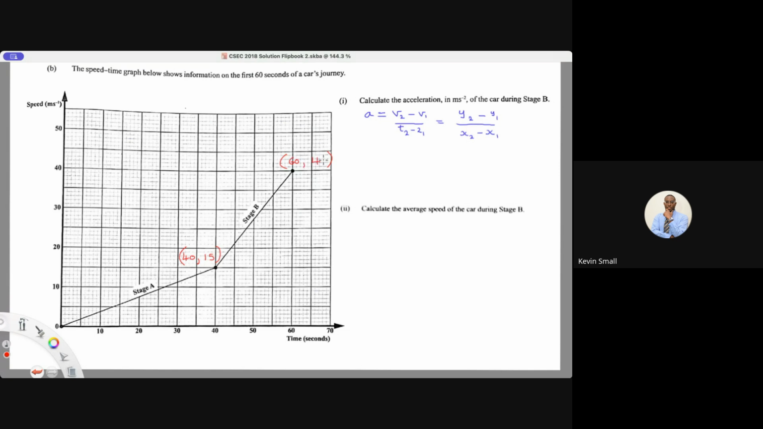60, 40. Now, of course, we find the gradient of this. This is the acceleration. So you just plug in the values. Y2 is the 40. Remember, this is X2, Y2. And this one here is X1 and Y1. So it is 40 meters per second minus the Y1, which is 15 meters per second,